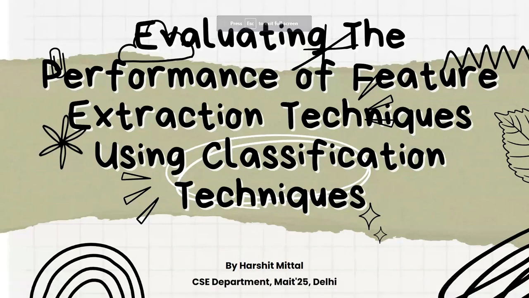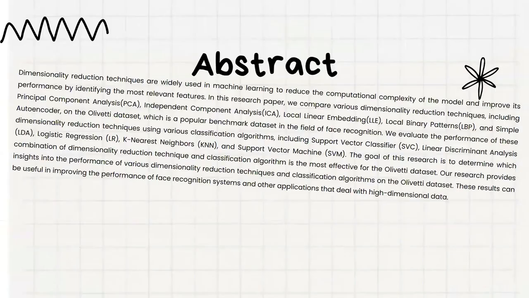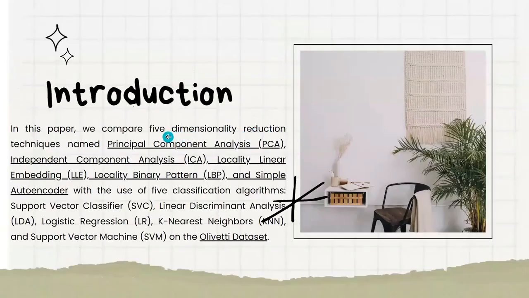The topic is evaluating the performance of feature extraction techniques using classification techniques. So this is an extract from my paper. Basically, this abstract is defining this introduction that we are going to use five dimensionality reduction techniques named Principal Component